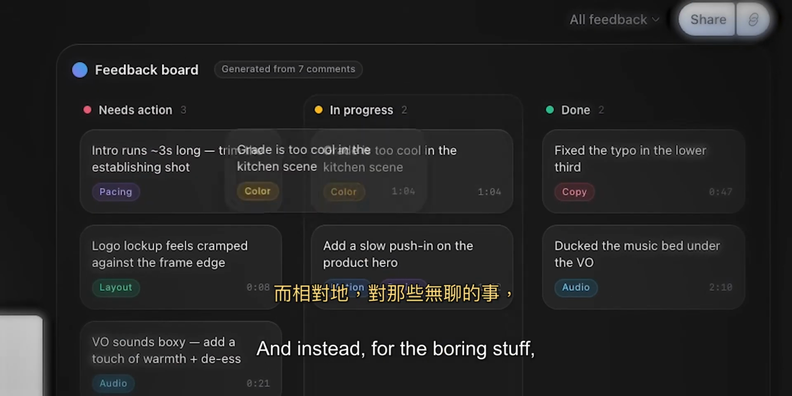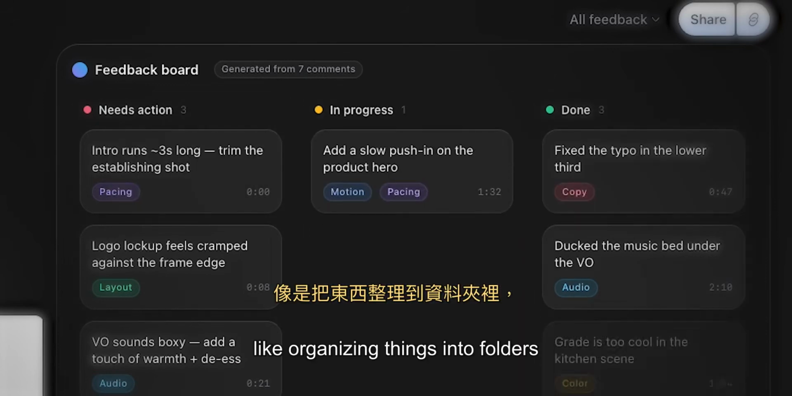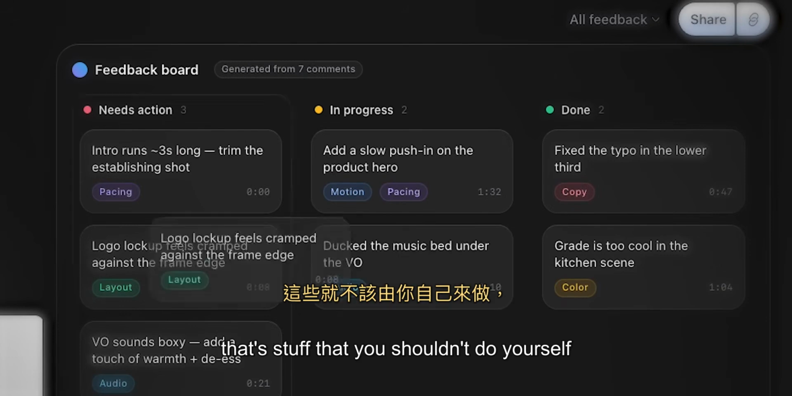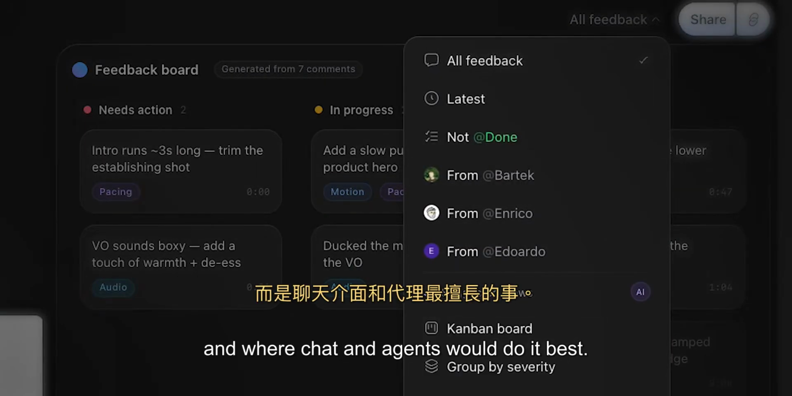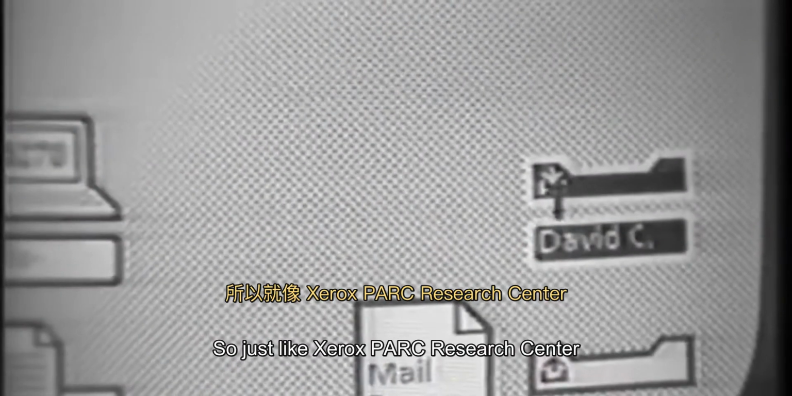And instead, for the boring stuff, like organizing things into folders and managing your team seats, that's stuff that you shouldn't do yourself, and where chat and agents would do it best. So just like the Xerox PARC Research Center